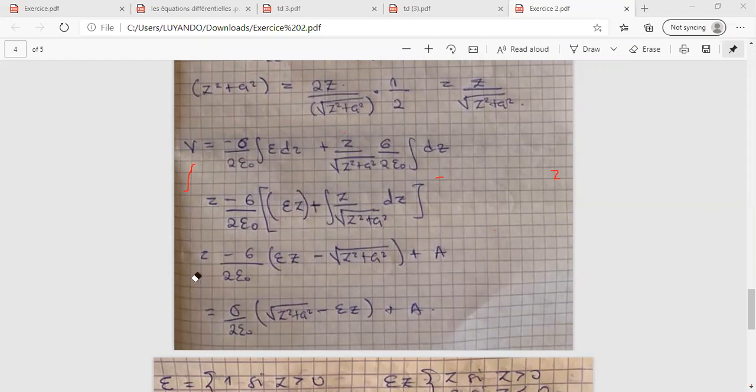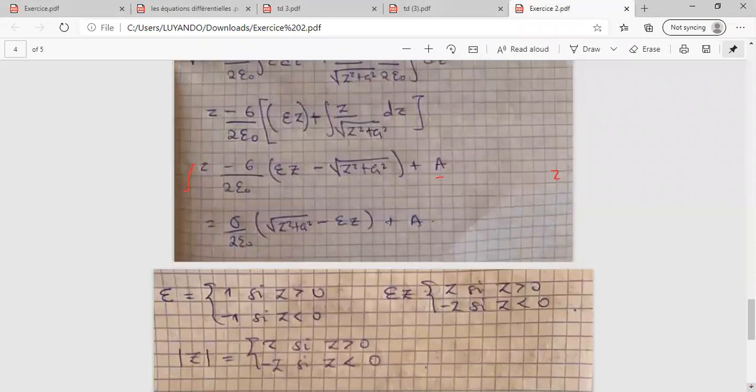as a constant a. So if I multiply this, I'm going to have negative the constant over 2 epsilon 0 times this. This is going to be negative and this is going to be positive. Which is what I have here, plus a as my potential. And then after that,